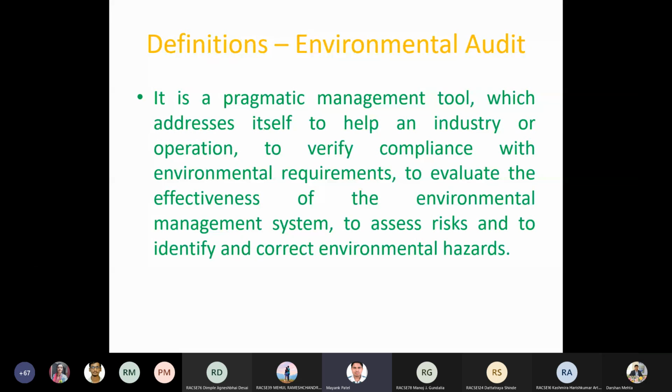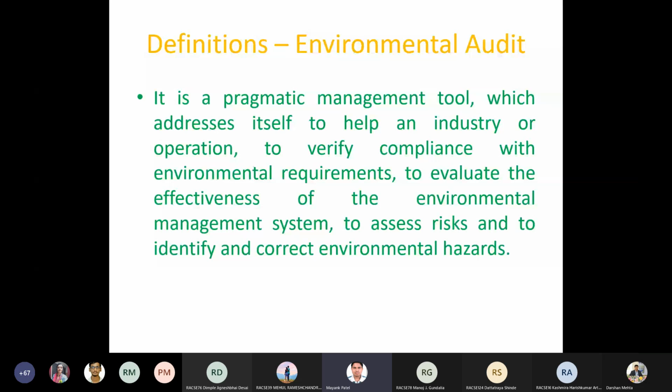So it means that whenever you are running any industry, you are producing something, you may be generating some effluent, air emission, or you have a boiler. So process stack will be there, or a boiler stack will be there. In some cases both the stacks will be there. You may be discharging effluent, or you may be consuming lots of water, and you may be recycling or reusing some of this water. So all these aspects have to be evaluated,